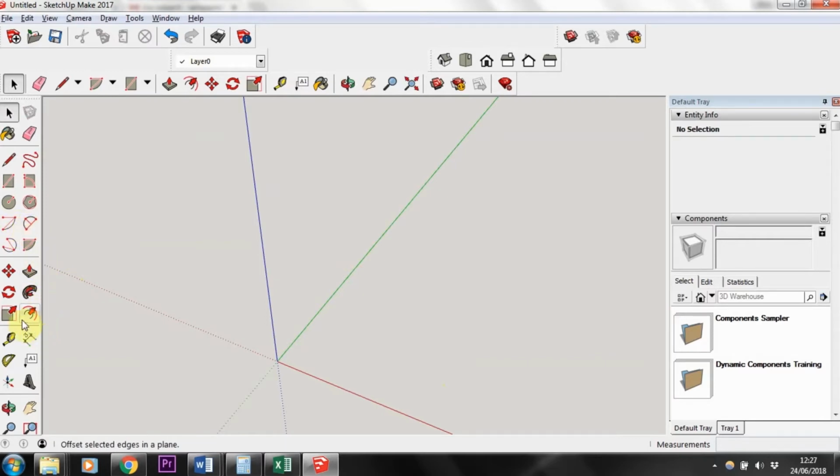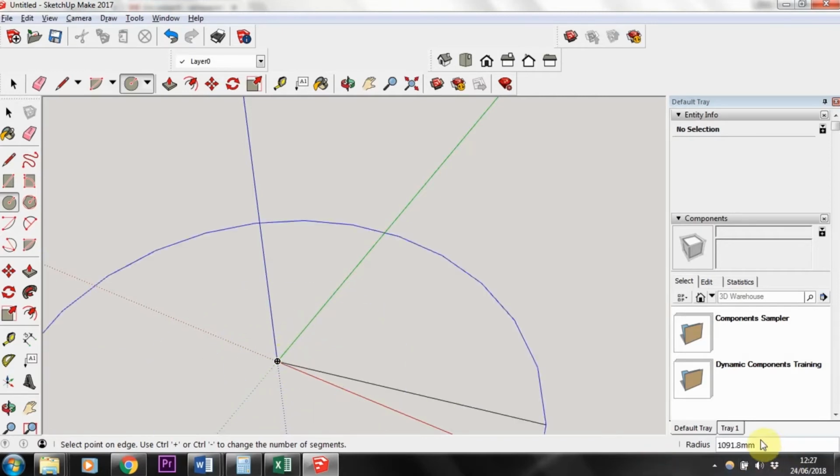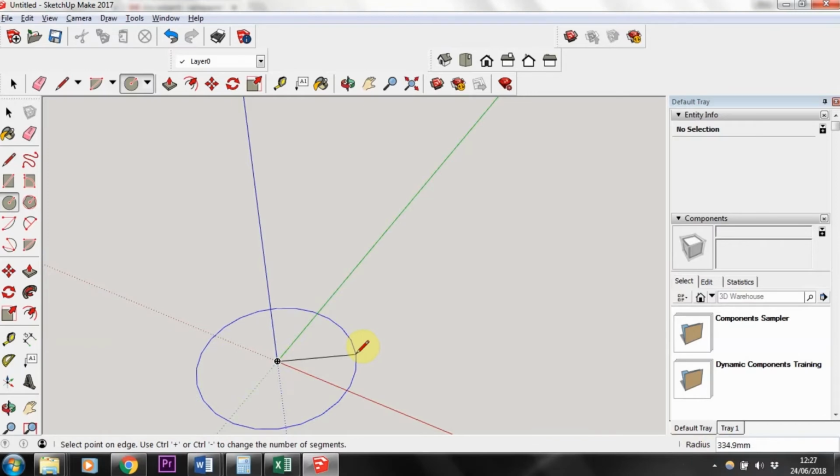So other basic tools that come in handy, circle tool. Let's place the center of that circle on the axis origin there. I've just clicked once and it's creating a circle about that point. And then again down here it gives the radius, so let's create a